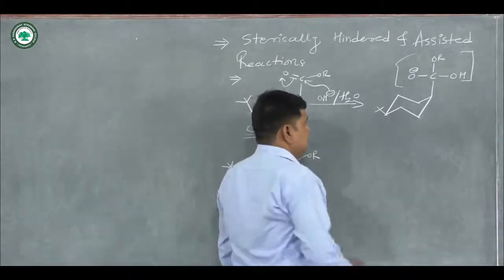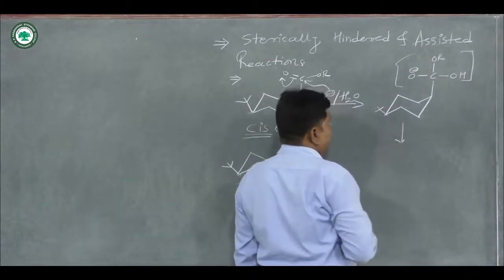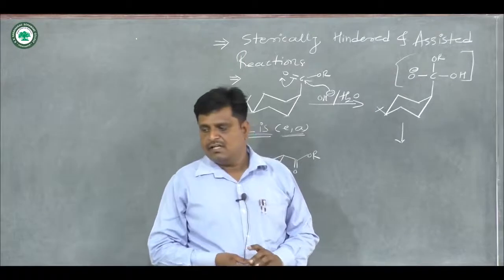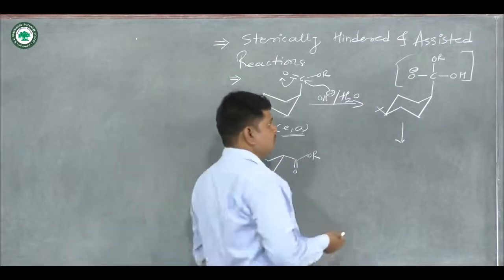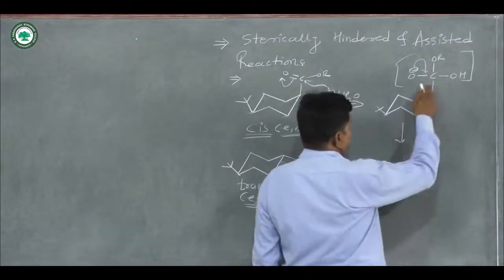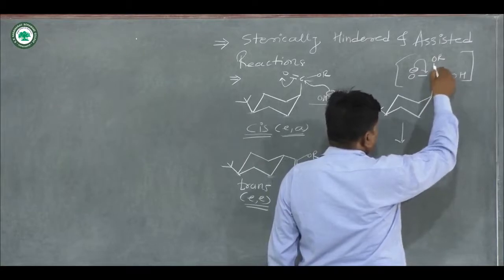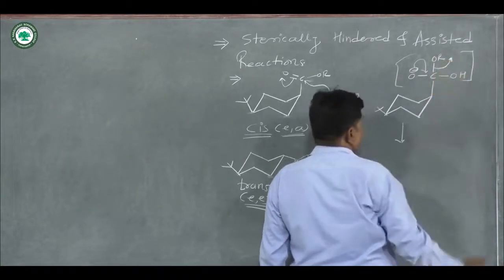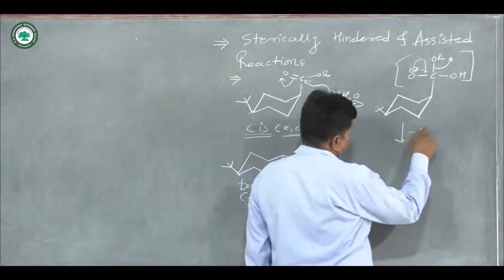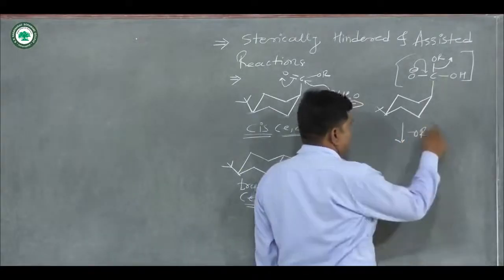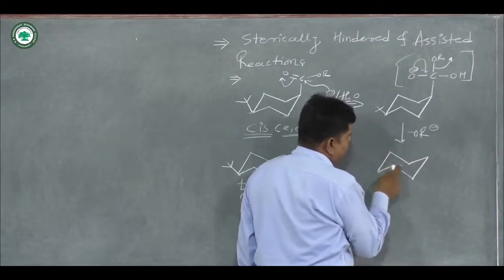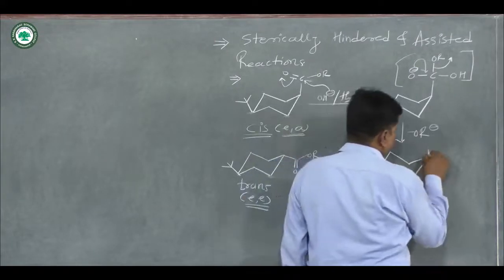Then it is converted into the corresponding acid. Now this negative charge can form a double bond, the carbonyl group, and the OR alkoxy group is removed from this intermediate as OR minus, and finally we get the product